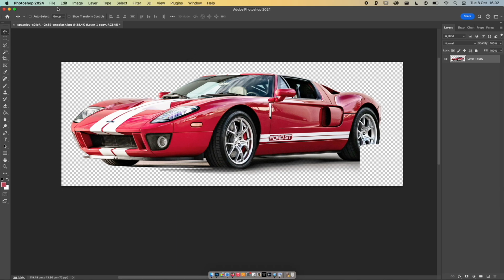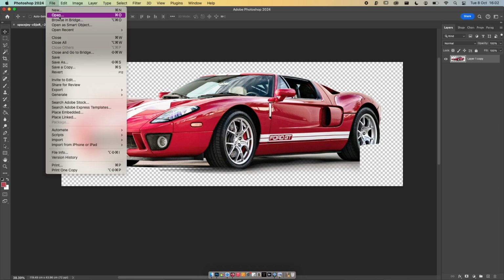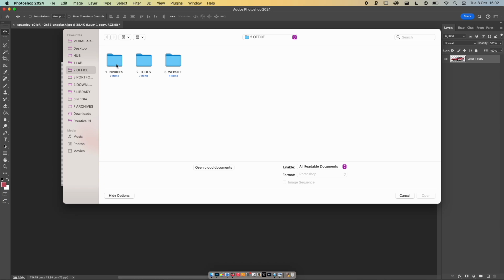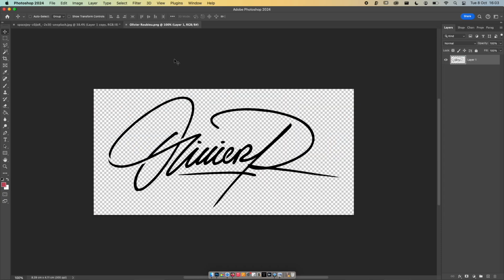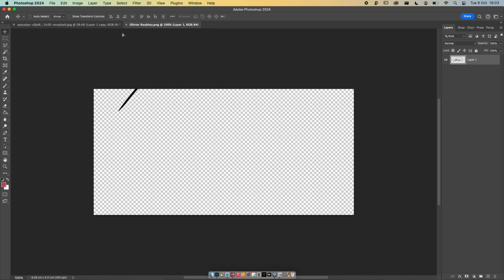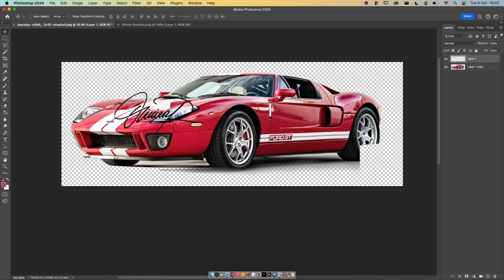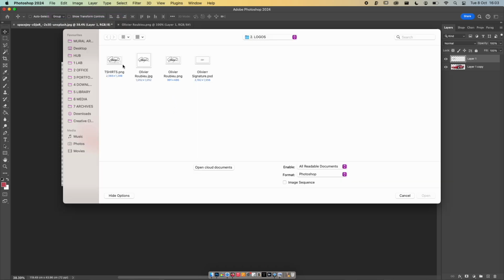All right, so I'm going to go to File, Open, and then Office, Tools, Logos. Okay, so here are my logos. I've got my PSD, my Photoshop signature, and I've got the PNG and the JPEG. The JPEG has a white background, this has no background, and this has all the layers. So if I go here, as you can see, this is a standalone. If I put it on this side, now you can see it's transparent at the back, as opposed to a JPEG. So if I open that one,